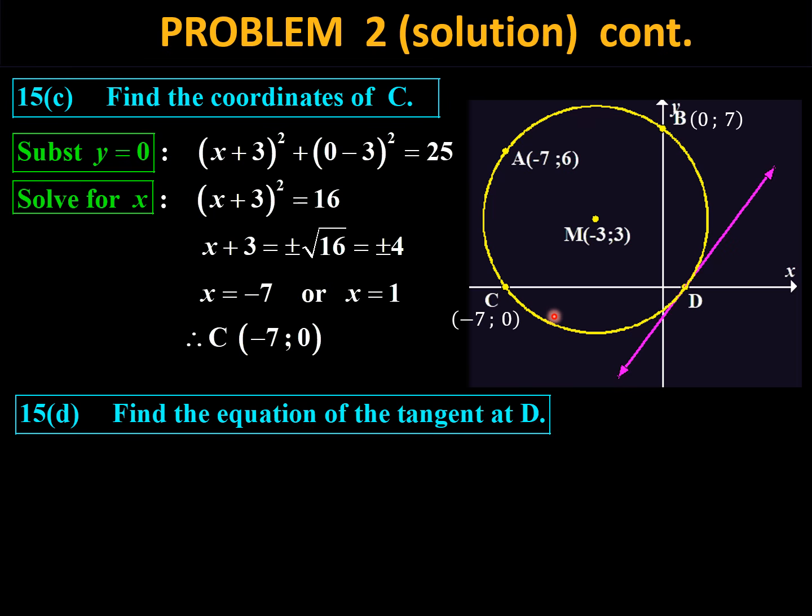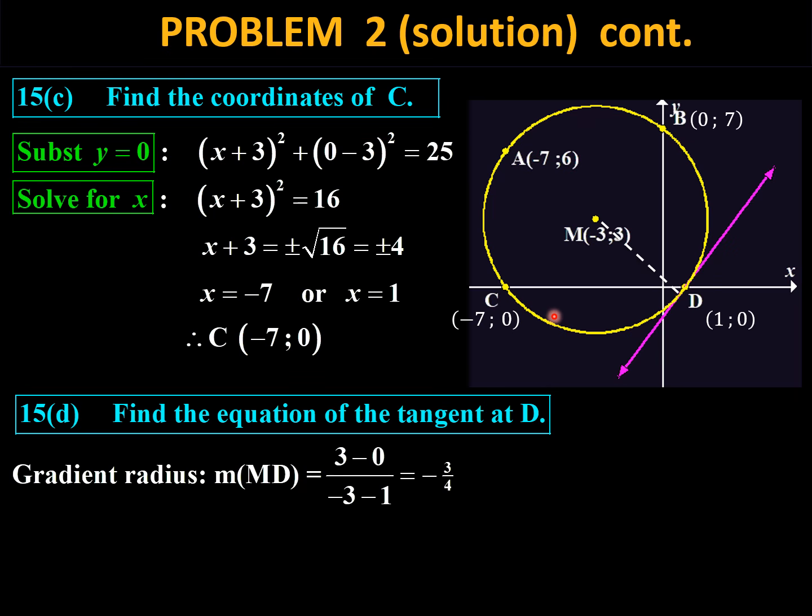Find the equation of the tangent. How do we go about finding the equation of a tangent? That's correct. We need to find the gradient of the radius. And what's the radius there? I've got D in 1 and 0 from A, okay, so the gradient of the radius is, that's MD, MD is the radius, and the gradient of MD, if we calculate it using the M and the D, gives me